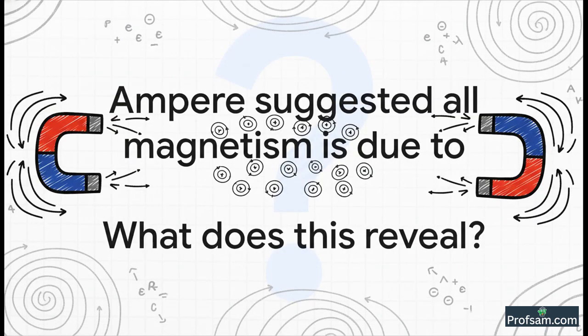And I want to leave you with this final amazing thought. The great scientist Ampere suggested that even a permanent bar magnet, it's not magic. It's just the result of countless tiny currents circulating inside its atoms. Now, if that is true, what does it tell us about the fundamental connection between charge, motion, and the forces that shape our entire universe? Think about